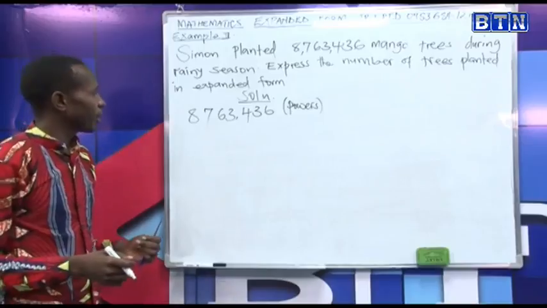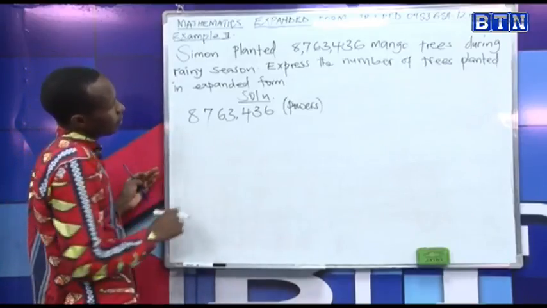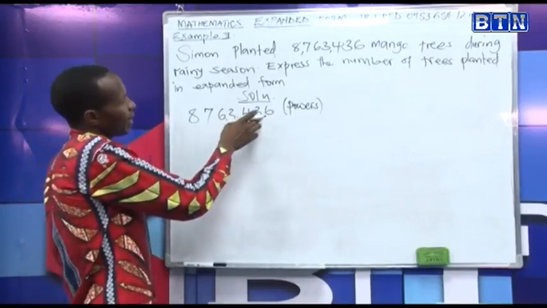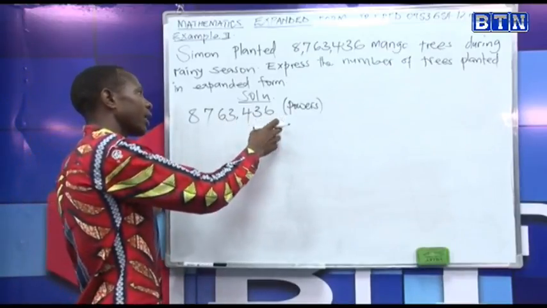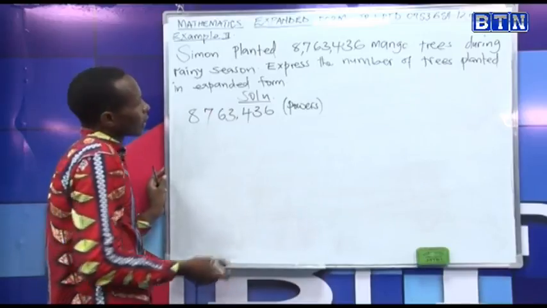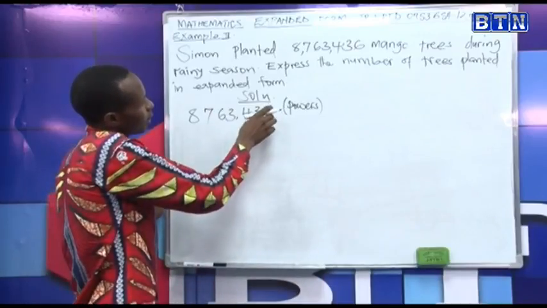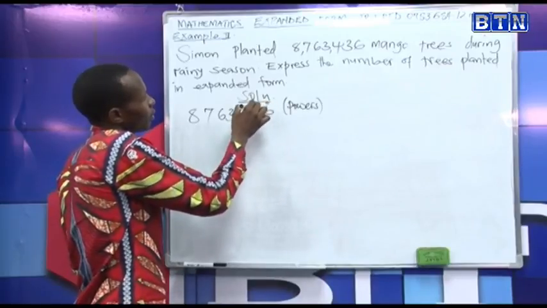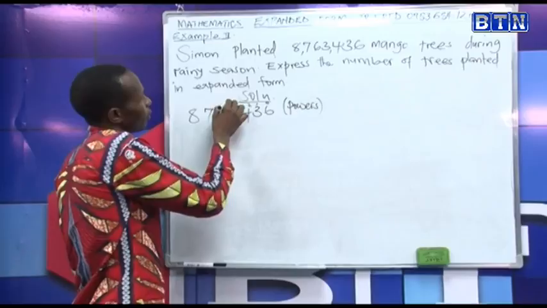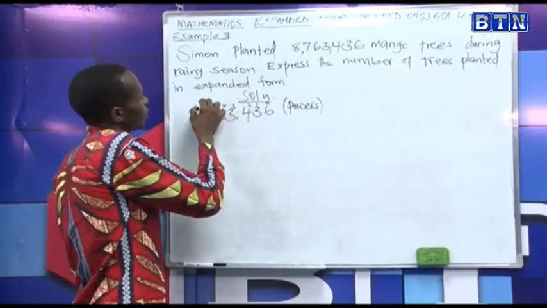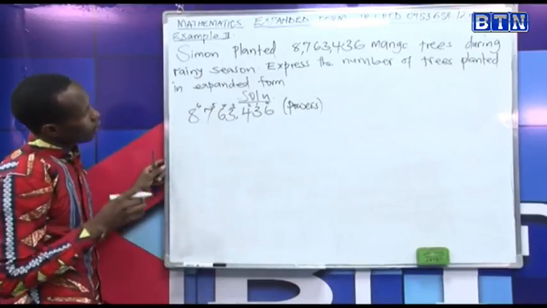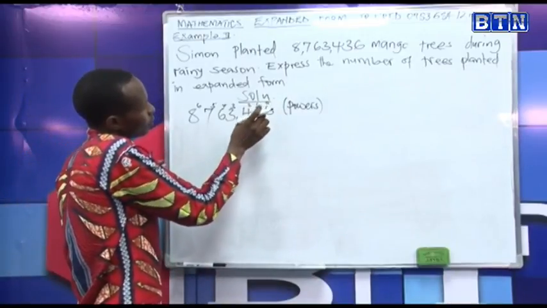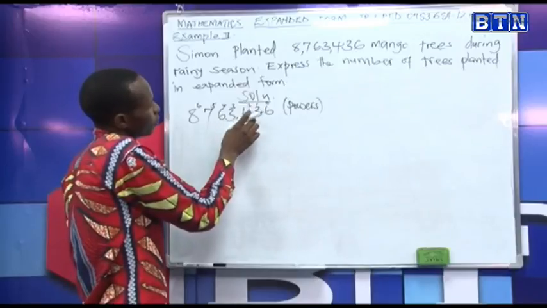So we shall begin by multiplying every number here by 10. When we are dealing with the powers, we shall multiply every digit by 10. After that, we shall give them powers. And when we are giving powers, we shall consider the place value of 0, and we shall give it 0 power. Then we give 1, 2, 3, 4, 5, 6. What does it mean? When we multiply by 10, the first one will be to power 0, the second one will be to power 1, the next one to power 2,